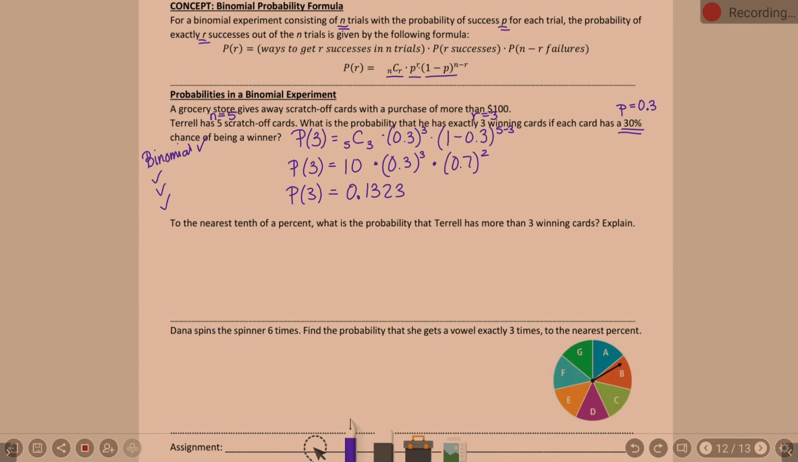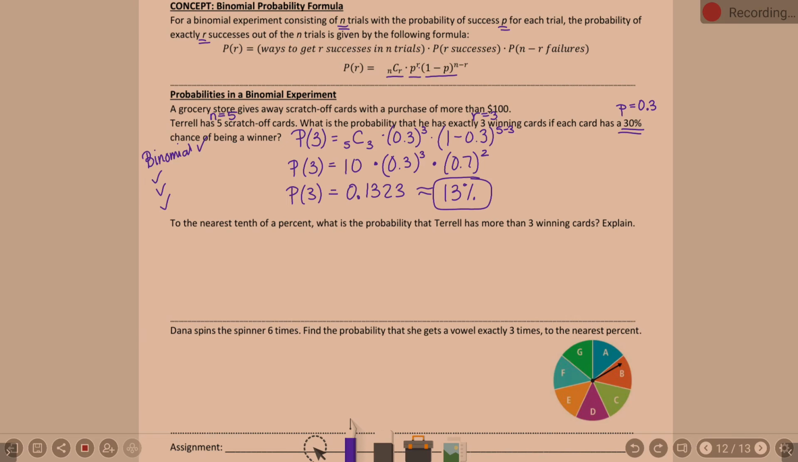What is that approximately to the nearest whole percent? 13%. Okay, guys. There's your example of how you use that formula. Definitely encourage you to try the calculator here. Now,